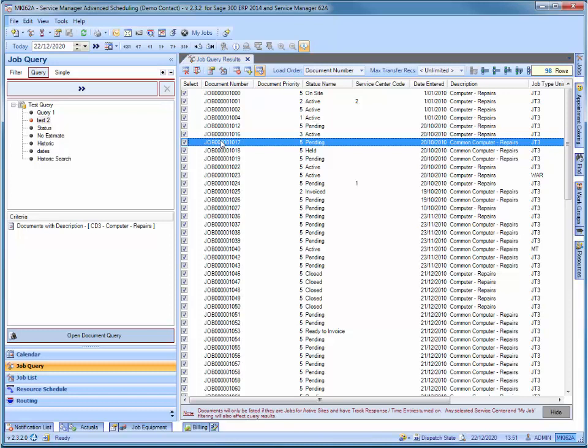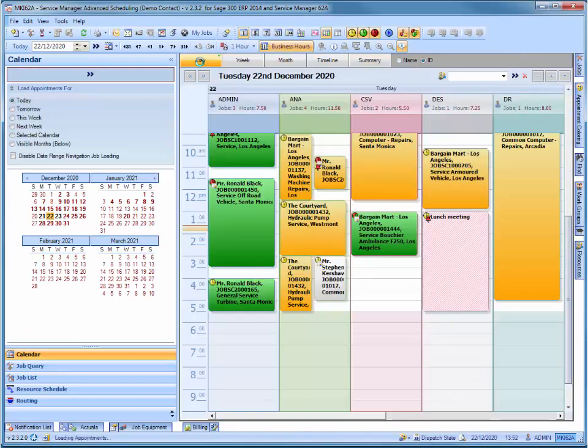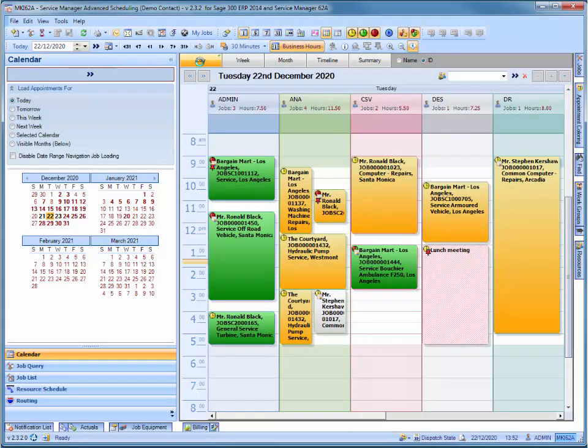Let's dive deeper into scheduling our appointments now. We will explain and demonstrate the various mechanisms through which an appointment can be added, edited, and deleted within Advanced Scheduling. Returning to the day calendar view now, we can easily schedule a new appointment for a job to any